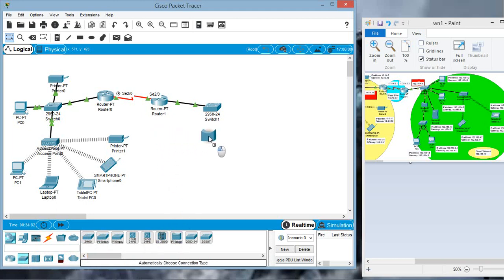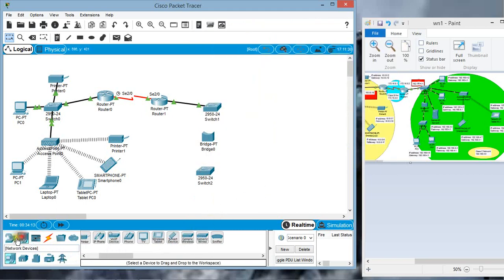Bridge is connected to a switch, and again a switch is required, a 24 port switch. Bridge connects two local area networks together, and let's take two end devices here, two computers as seen in the diagram, and let's take two more computers which are directly connected with the switch.